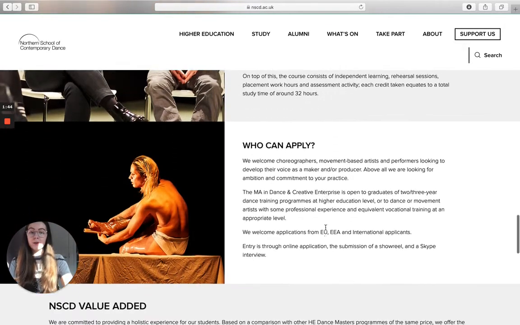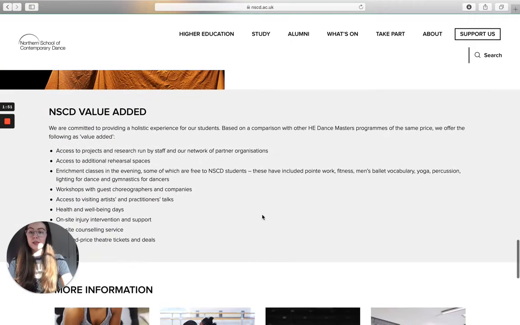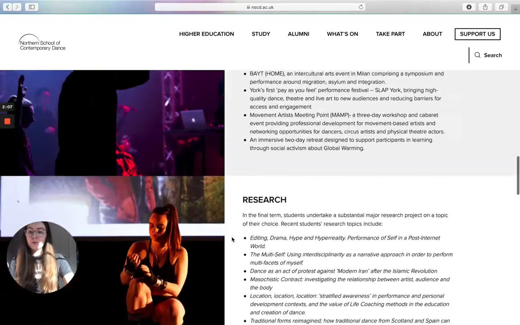And if you scroll a bit further down, this just details who can apply for this course, so who's eligible. And then at the bottom here, you've got NSCD value added. So, this is just things that are sort of specific to us at NSCD, so like on-site counselling, enrichment classes in the evening, lots of different things which are really worth checking out. And if we go back up to the top here,